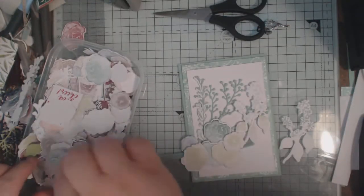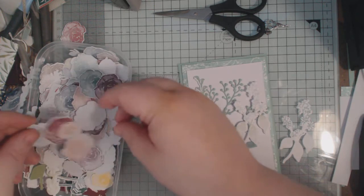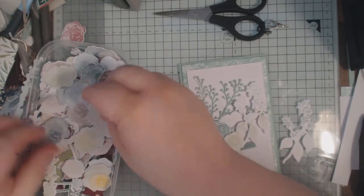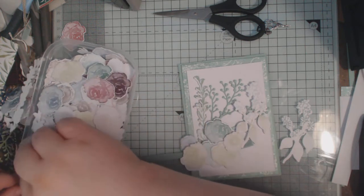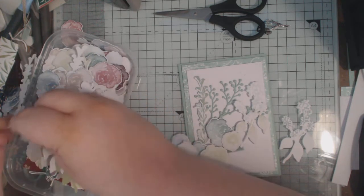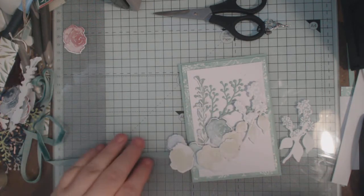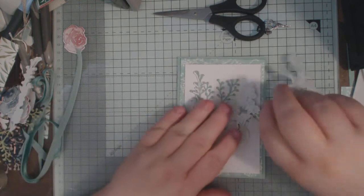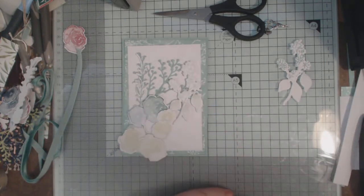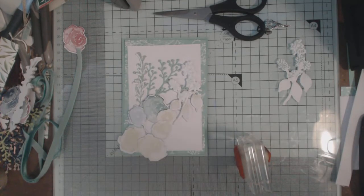That's another one of the tranquil tide, but I think I'll trim that. There we go, there's another one there. Right, so we can get rid of that for now and start putting this wee card together. Right, so I need to stamp a sentiment as well, and I want the sentiment to be the large one, and I need, let me think, I need this punch here, which is the everyday label punch,